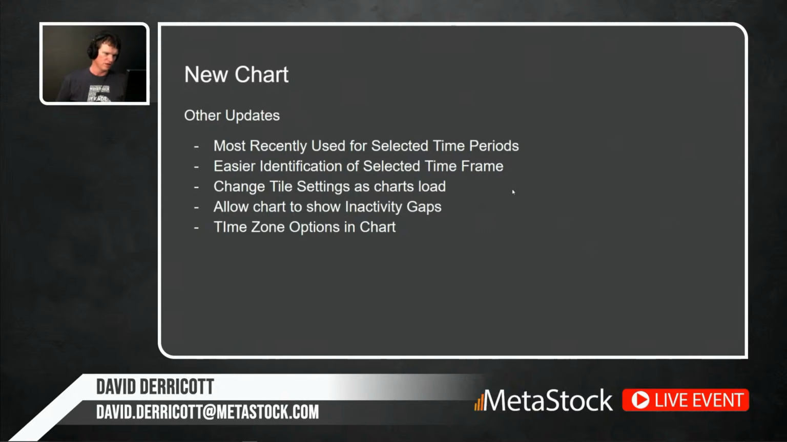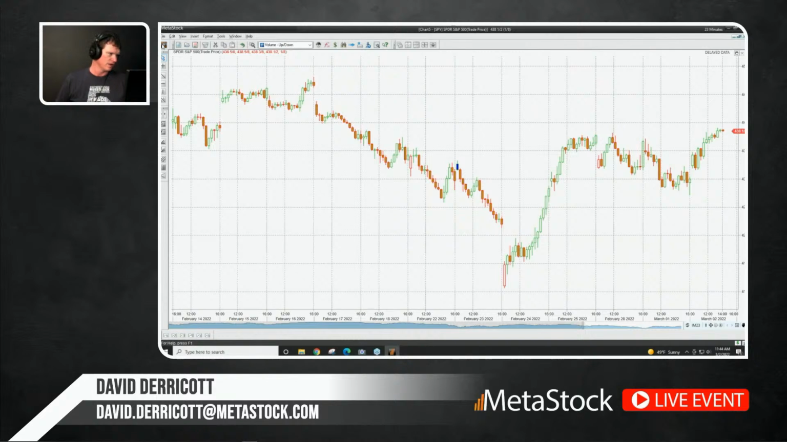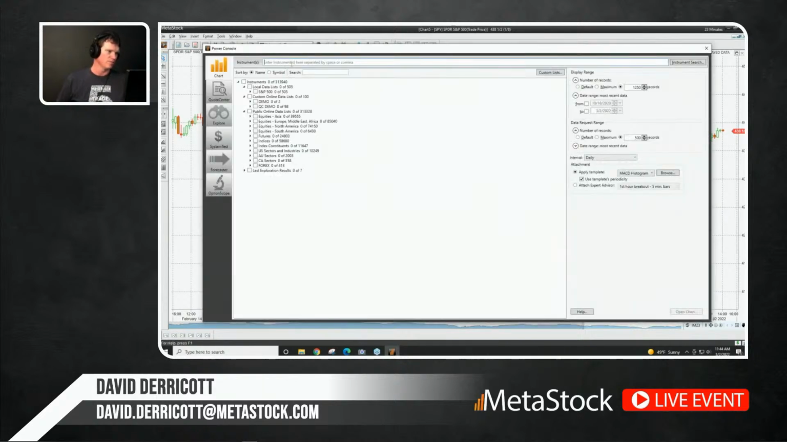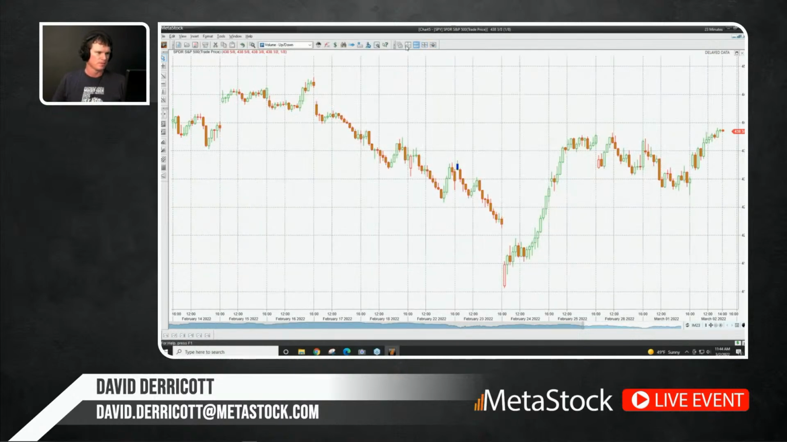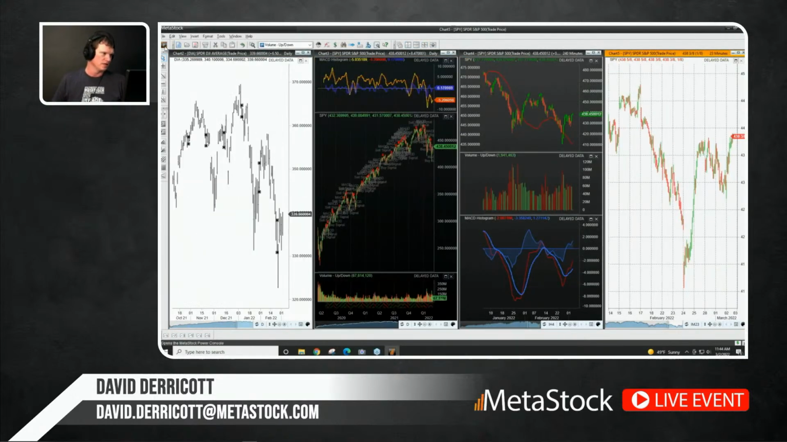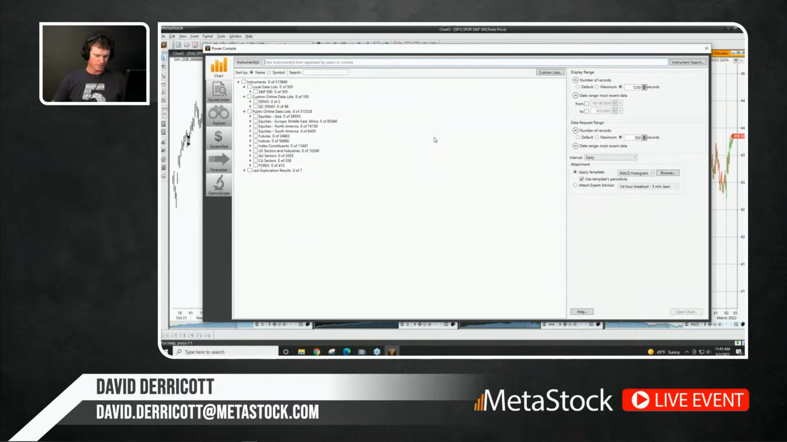The changing of tile settings as charts load. So what that means is, let's open up a couple different charts. I'm going to come over here, and I want my charts to be side by side, so as I'm opening them up, I don't have to reorganize them. Let's do USO and then